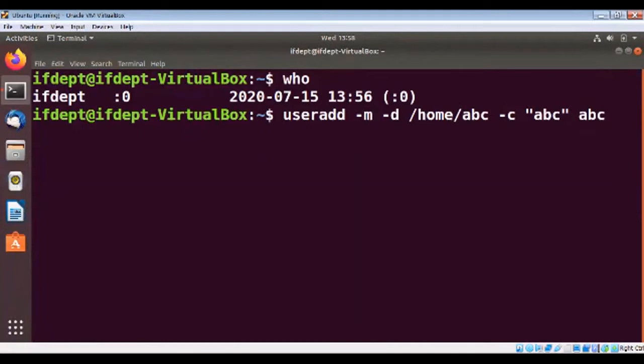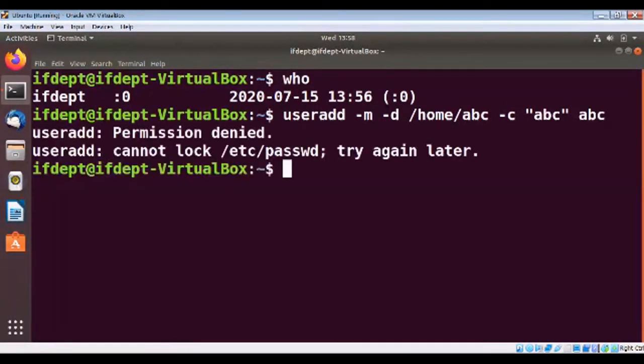Why am I adding a user? Because I want to show you that the who command will display a list of users who have logged into the system. Okay, so press enter. Now see here, the first time if I try to do this, it will deny me because to create a user, you need administrator rights. So whenever you are trying to create something in Linux, I will use the same command, but here I am going to add sudo.